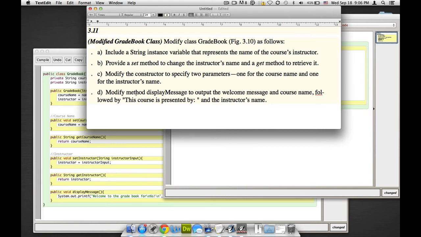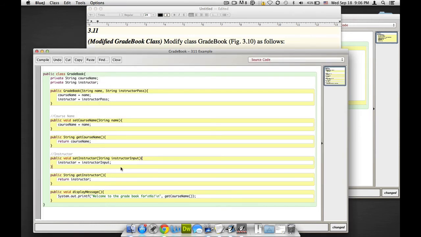Now for section D, we want to display our information. So over here, when we have our welcome to the gradebook 4, the %s is going to represent the get course name, and now we're going to have to do a get instructor to get the instructor's name and put that in here too, with another %s. So I'm going to go in here, and it enters down to a new line for us, so we can start typing, and we're going to type in this course